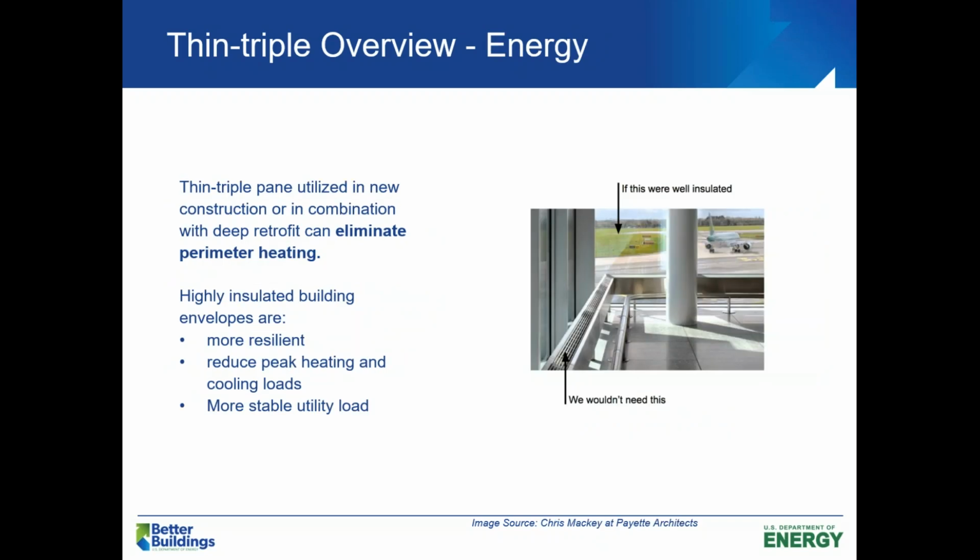So there's that image of what I just talked about. If you have this very well insulated kind of facade, think of it as if you didn't have any windows at all, you wouldn't need perimeter heating. It's the same thing when you get to this level of performance. This allows you to eliminate that heating. So if we're looking at a building here to do this installation in,